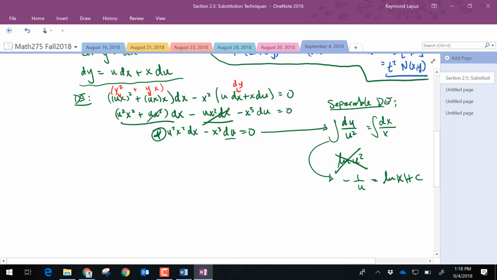We'll throw the plus c in. But just like u substitution, when you get your answer in your integral, in terms of u, that's not what our original problem was. So you want to replace the u back. And so u